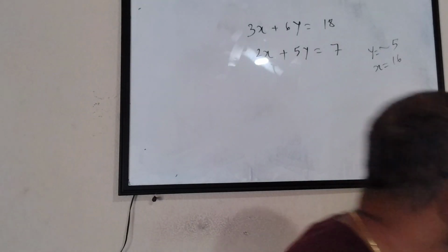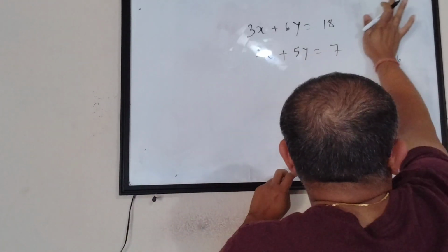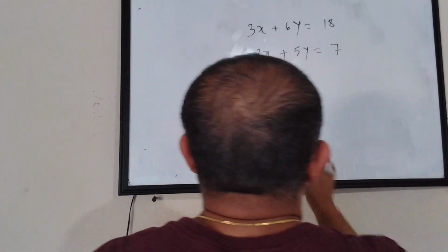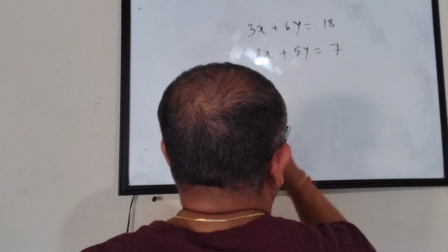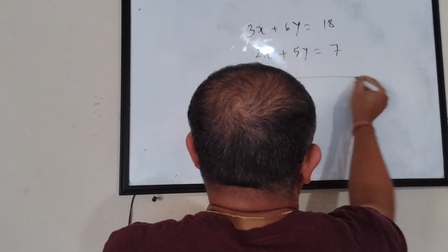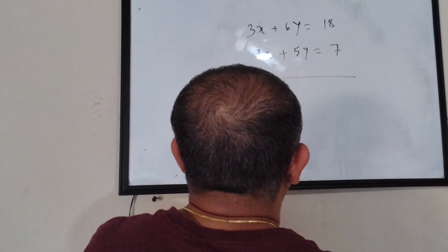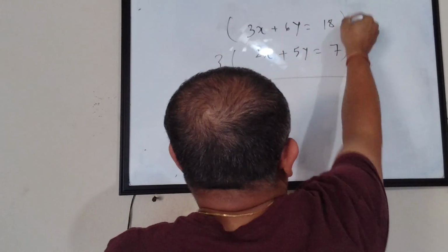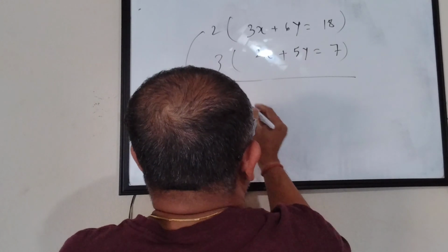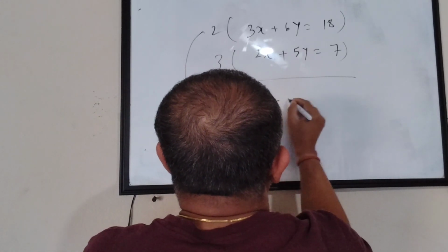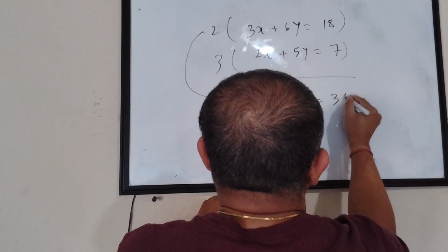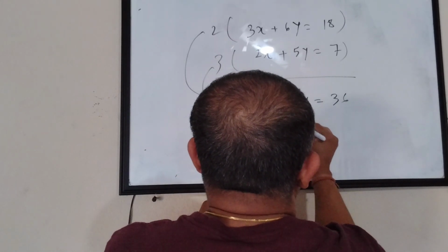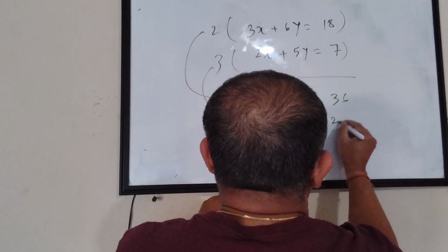All right. So let me quickly solve this, because I'll just use the elimination technique. As I said, I feel elimination is faster, so I'll multiply this with 3, multiply this with 2, and then that transforms this to 6x plus 12y equals 36, and this one becomes 6x plus 15y equals 21, and